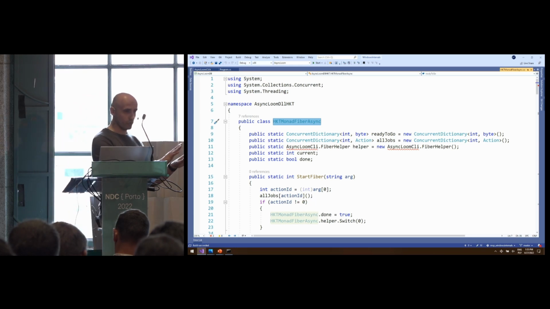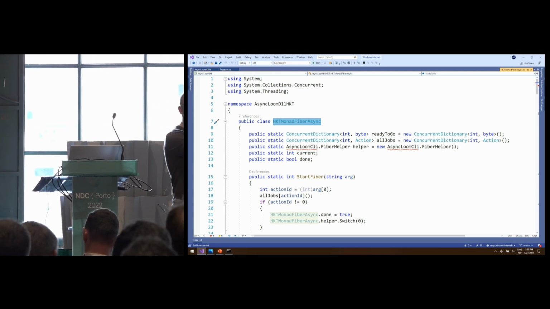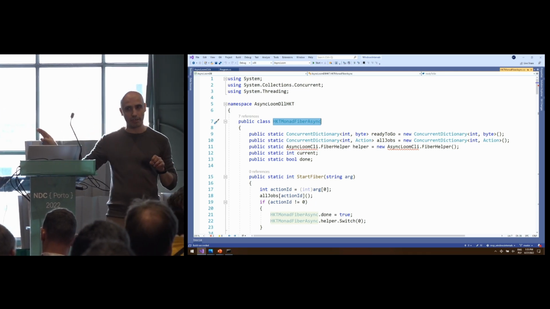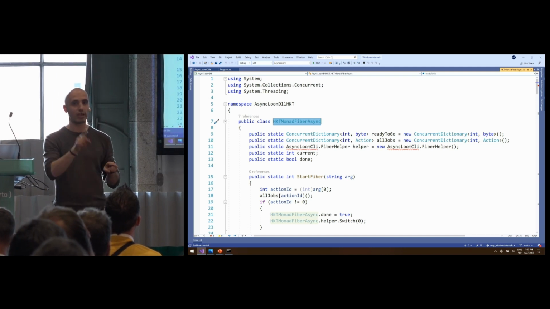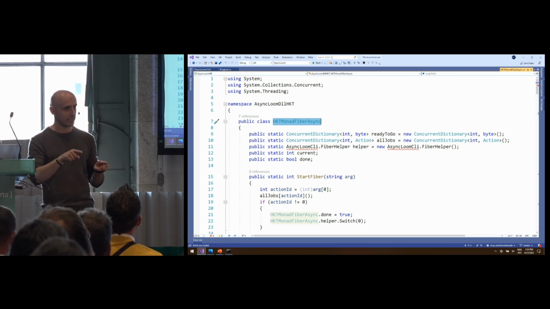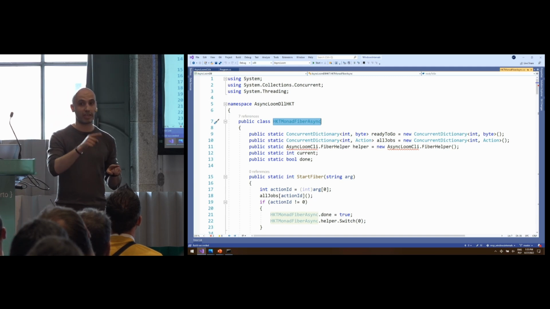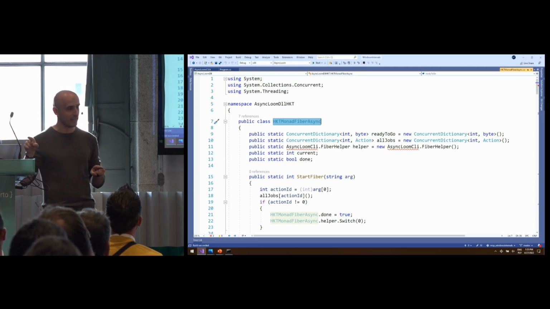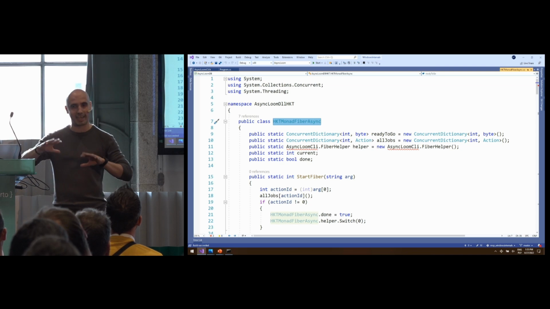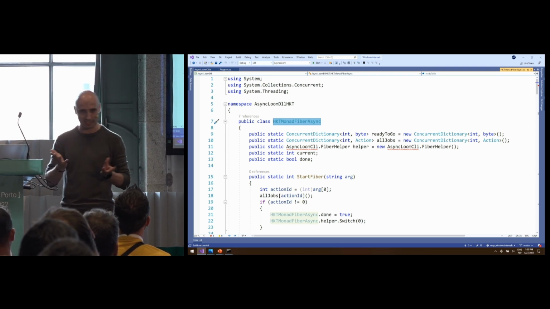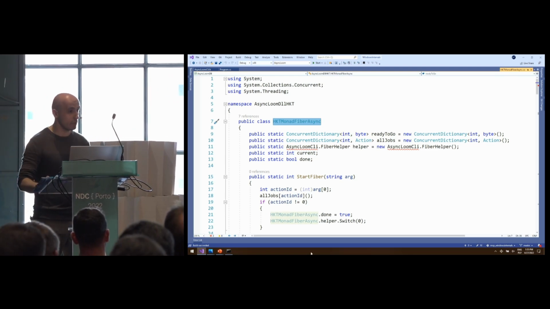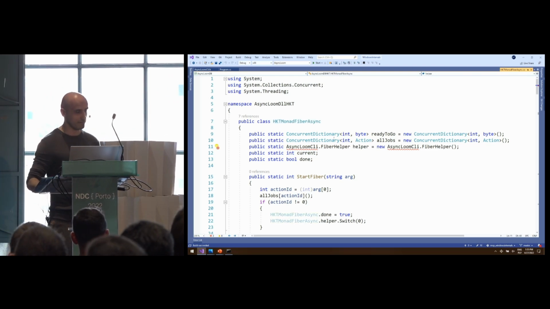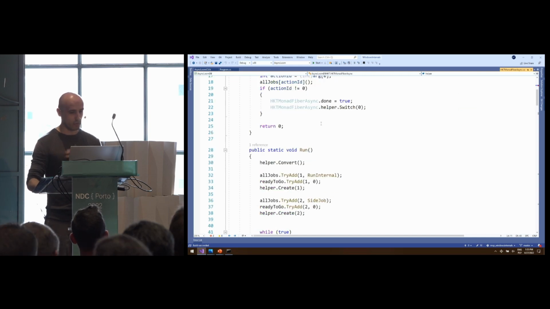A higher kinded type is a generic method which is generic not on the input type, but the output type. Like you have IEnumerable of t, that's a regular generic. But you could have t of integer. That's a higher kinded type, meaning that the kind of the generic part is outside. Something which C# does not provide for you directly. You can emulate that with various transformations again, but we are going this approach.